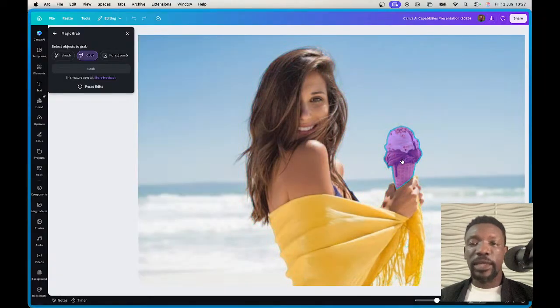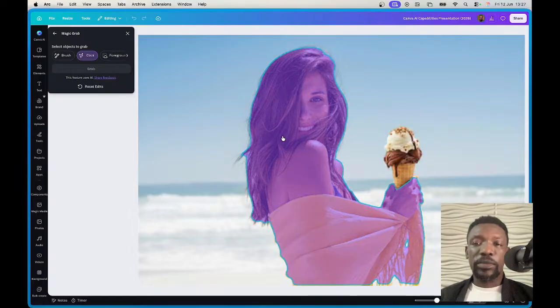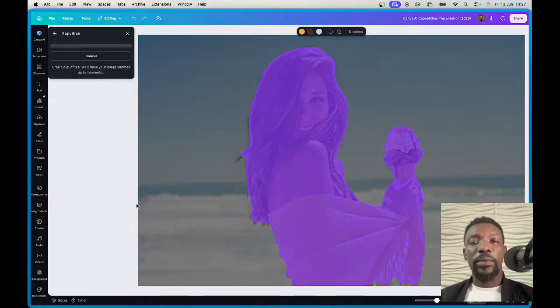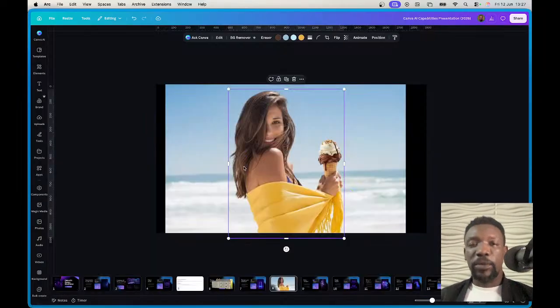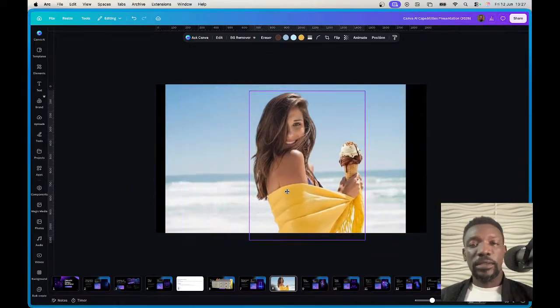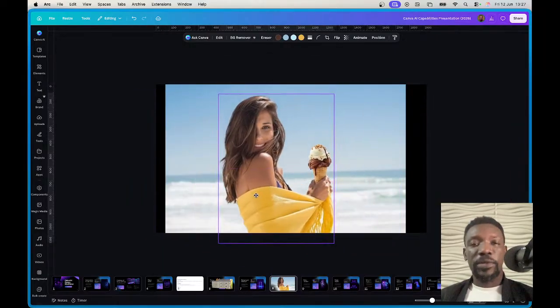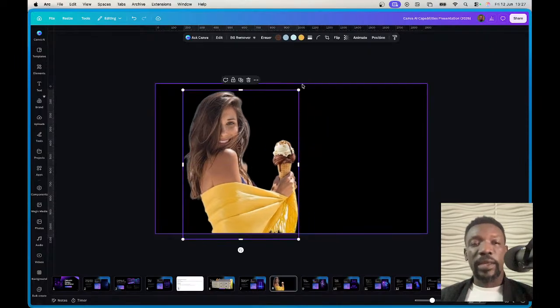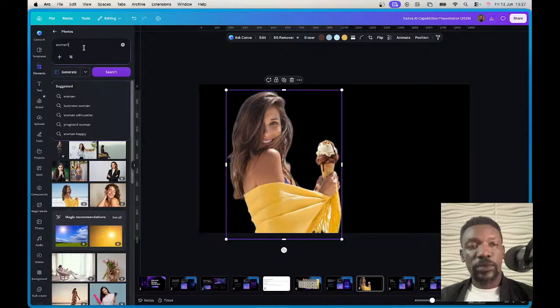So I can click on the ice cream to separate it. I can click on the woman alone. I can click on the woman and click on the ice cream also, which is what I wanted to do. And I'll say grab. Now, we don't know what is behind her, but AI is going to figure it out. And you can see it's right there, separate from the background. So that way I can take away the background and I can have any other thing I want to do there. So let's say